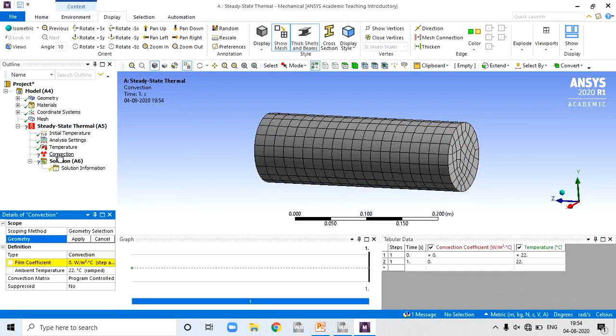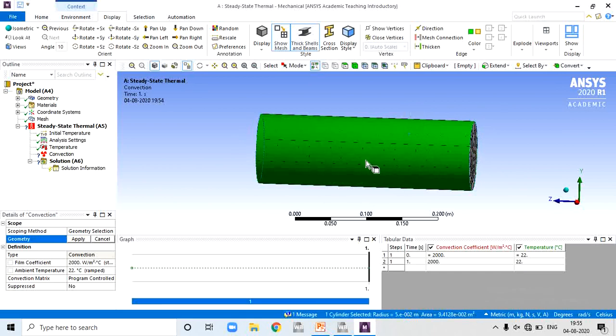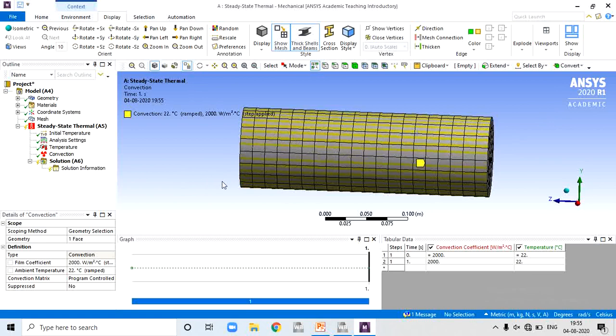Select convection, the value is 2e3, that is 2 times 10 to the power 3. And for the surface area, we select the lateral surface area for small h. In this way, we defined temperature and convection for the analysis settings.